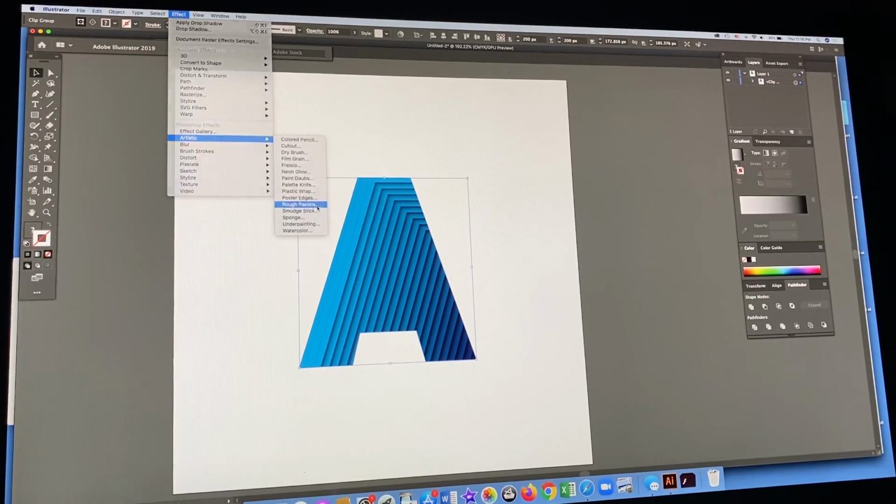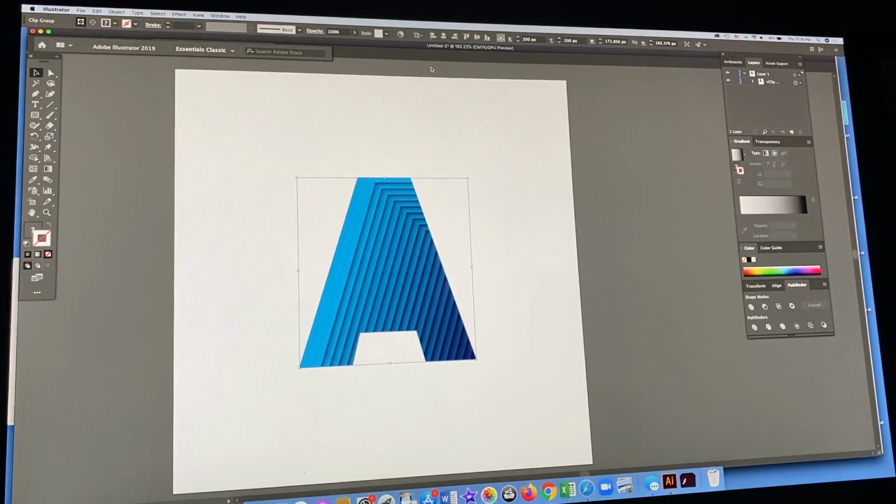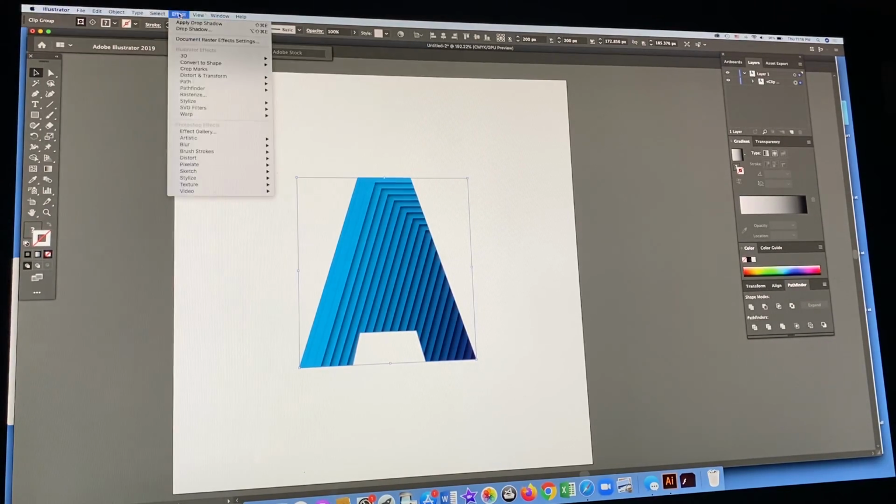How about rough pastel? Let's see. Oh, that is a little bit too rough, right? Do we want that? No. Go back. Effect, Artistic,